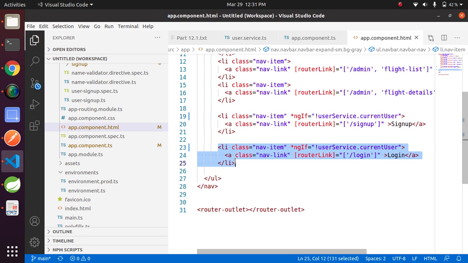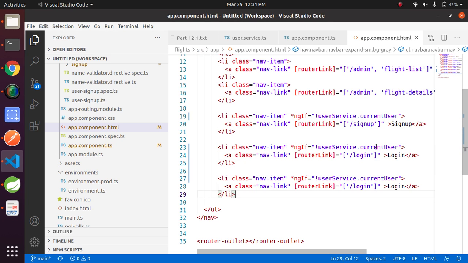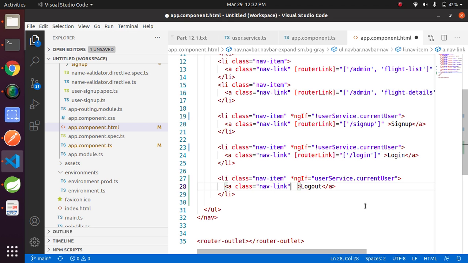Copy this and add a logout. Logout menu will be available only when user is logged in. Remove this, this is not required.